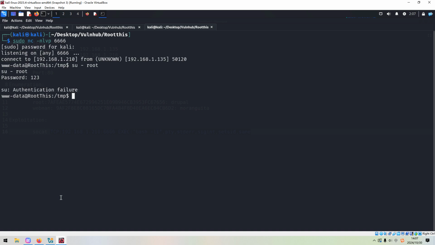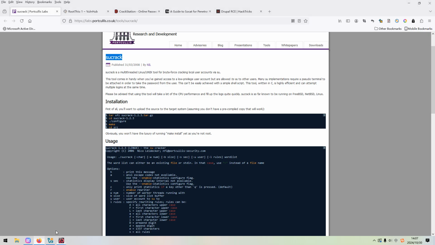Because on the target machine, there is no GCC, no compiler tool. If you compile it on your local Linux machine and transfer the file to the target, you will get some other problem, an error with the library. Maybe you can find a compatible kernel and compile it. But I'd like to show you another way.